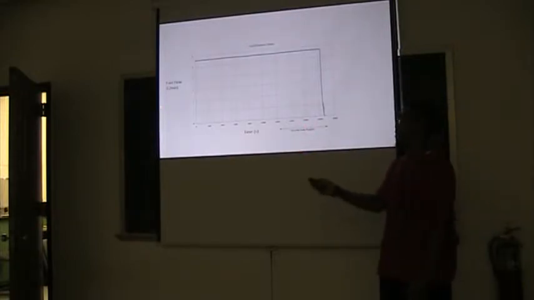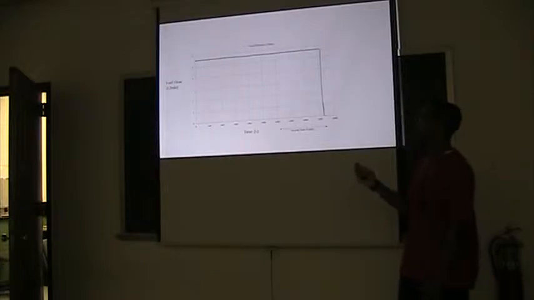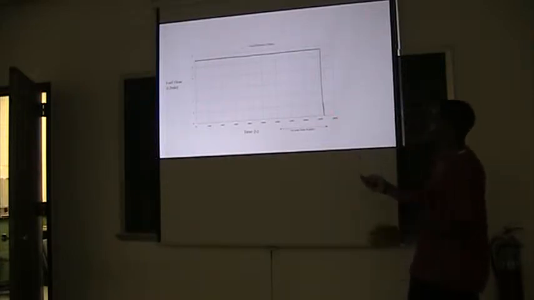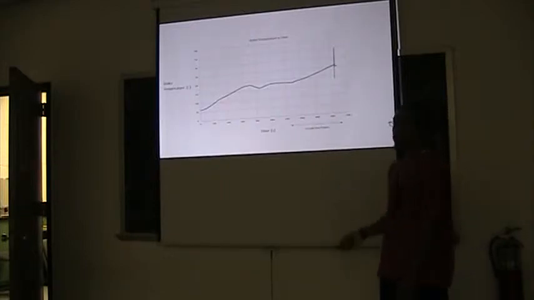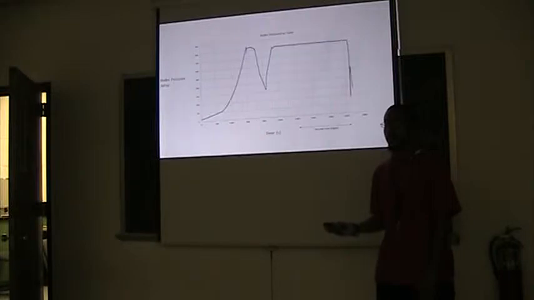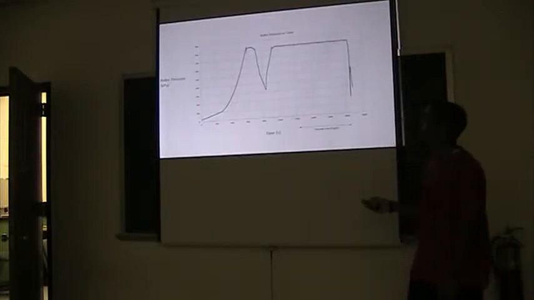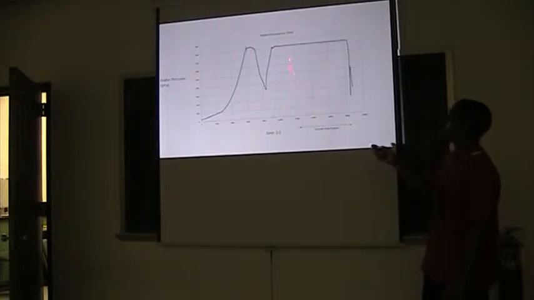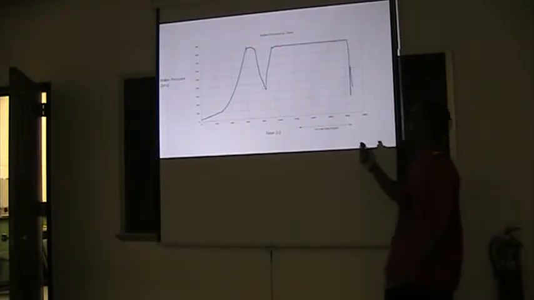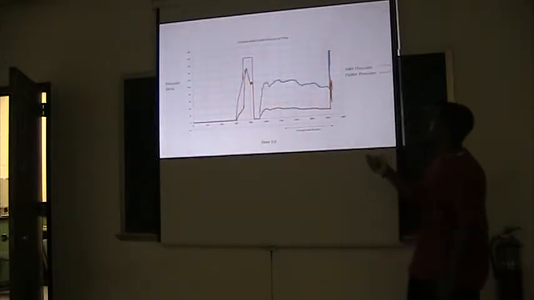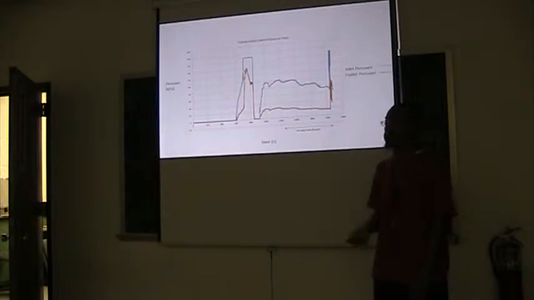So this first chart just shows you fuel flow versus time, and you can see it's just a constant value until we end the experiment and drop to zero. Our boiler temperature versus time just steadily increased throughout the experiment. This is our boiler pressure versus time, and you can see in the steady state region, this is that constant pressure that I told you about. It's around 819 kilopascals.